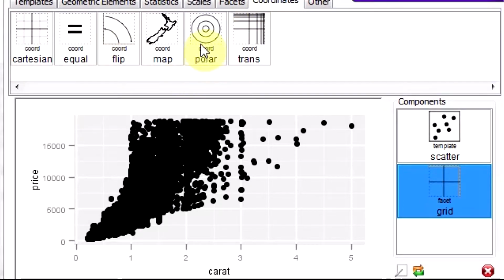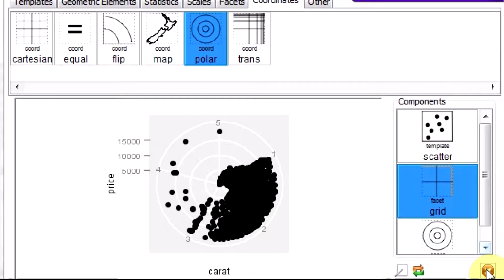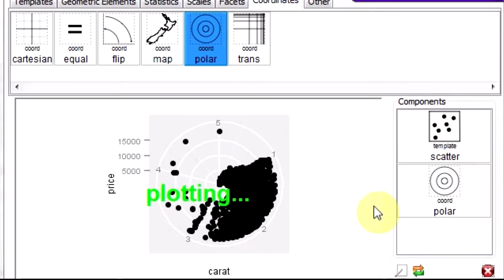I can even put it on polar coordinates. Right? So you can see as the distance varies, I can remove that.